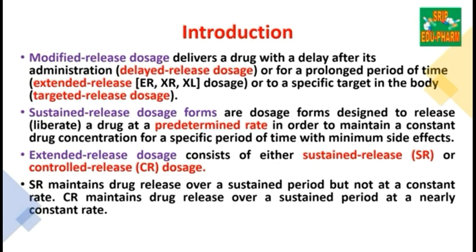And in various categories, these are modulations of drug release, or controlled drug release. So next we see the types of controlled drug delivery system. The first type is sustained release. In sustained release, the constituents in a dosage form provide the medication over an extended time. These are sustained release dosage forms.